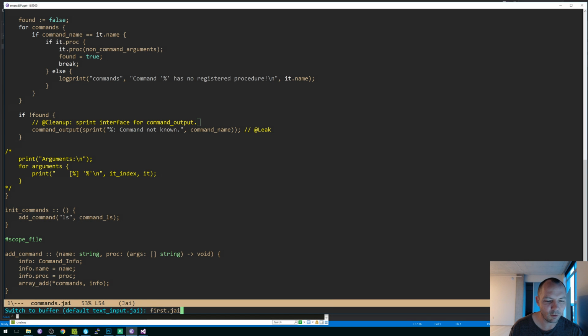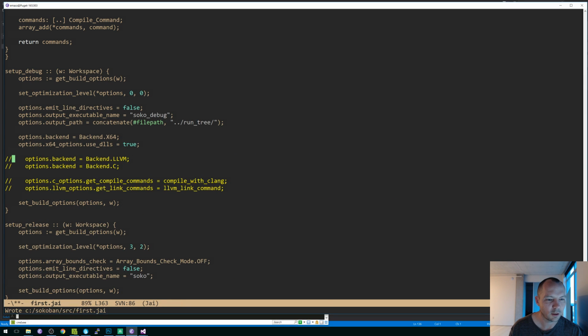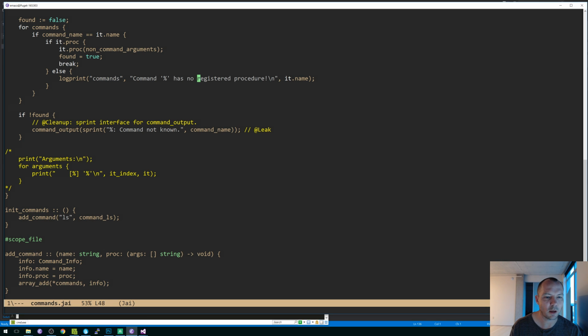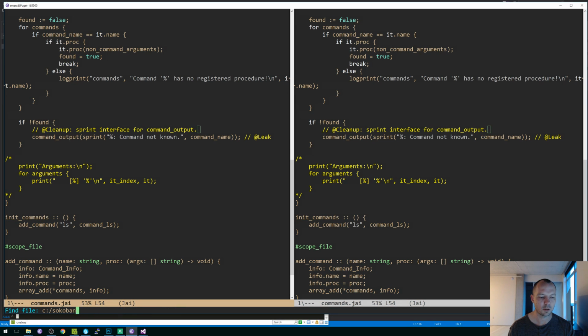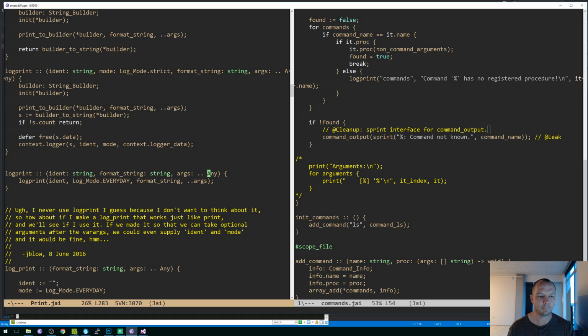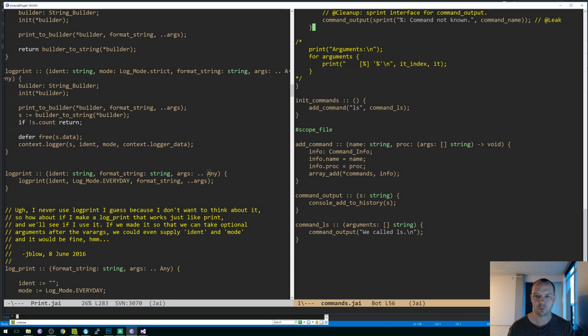All right, let's get rid of the LLVM for now. It's too slow. There we go, faster. Okay, so we've got command not known. Let's make this better. So basically, command output is going to be printf-like. It'll just be this, and then command name, right? And the way this is going to work is just like log print or whatever. We're going to say format is a string, and then args is an array of any,